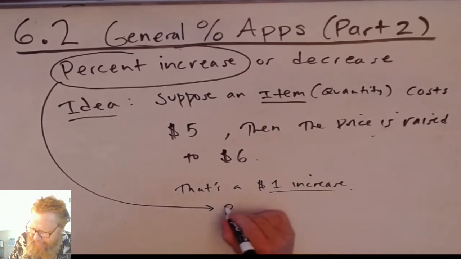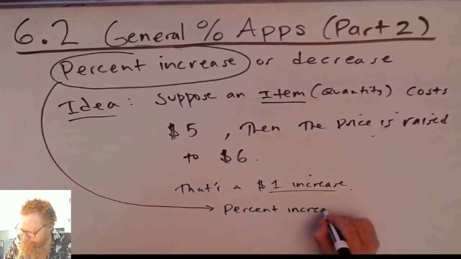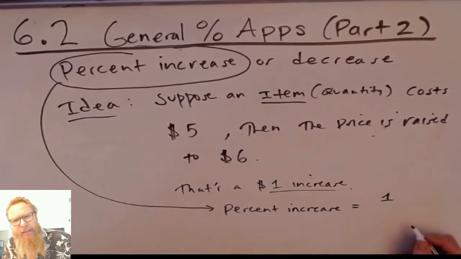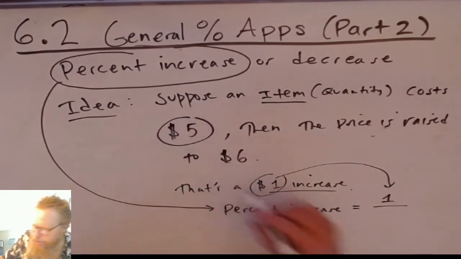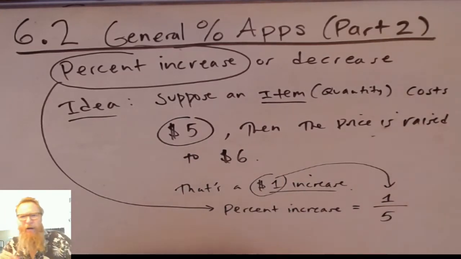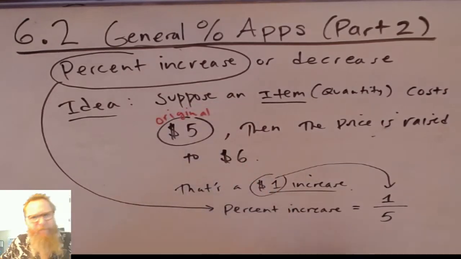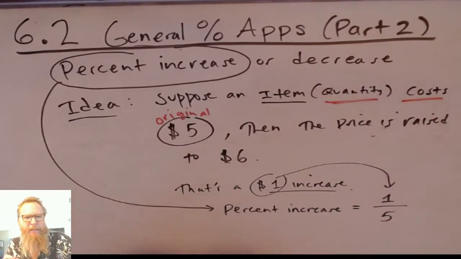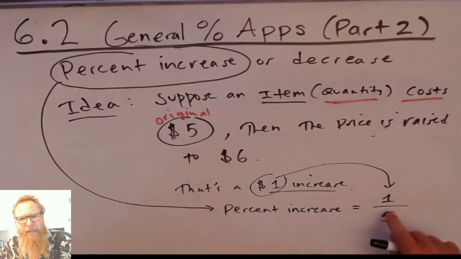The percent of increase is that $1, that original dollar that it increased, divided by how much it originally cost. So we all base this on what's called the original, whatever it is. In this problem, it's cost, but it doesn't have to be cost. It could be any quantity. Dollars are a convenient thing to think about because we deal with this all the time. And so this would be your percent increase